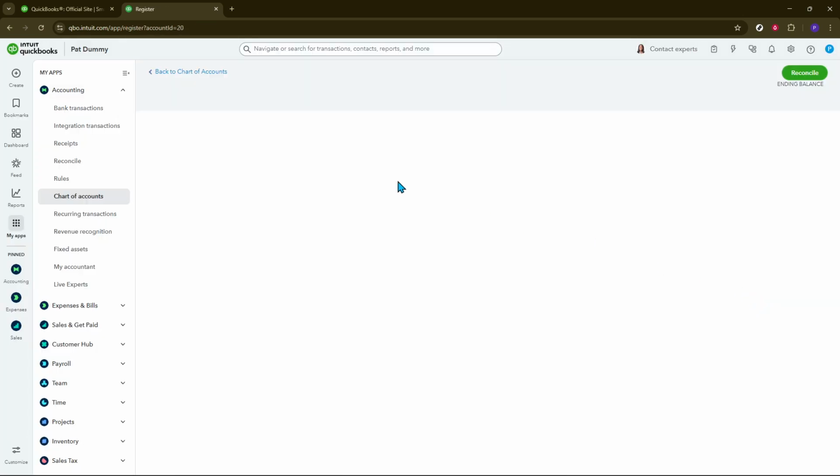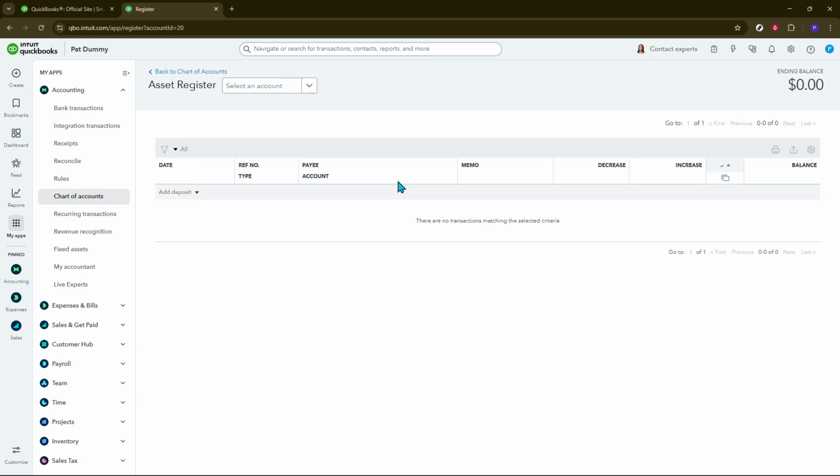By doing this, you ensure that your financial records are as accurate as they can be, which is crucial for business reporting and analysis. And there you have it. By following these steps, you'll tidy up your undeposited funds in QuickBooks Online, bringing your accounts up to date and